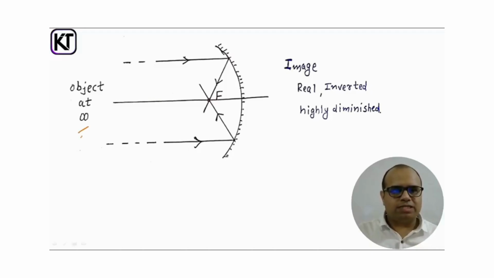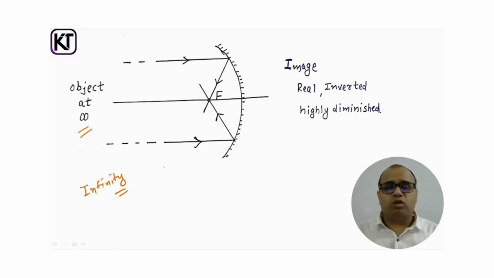As you can see here, the object is at infinity. The object is situated far away from the concave mirror. Now you know that infinity is basically a relative term, as compared to the curvature of the spherical mirror. This distance of the object is actually a great distance, and that's why we are neglecting that particular distance and that particular curvature, and we are saying that the object is actually situated at infinity. Once again, infinity is a relative term. So as compared to the curvature of the mirror, the object is situated at infinity, that is at a great